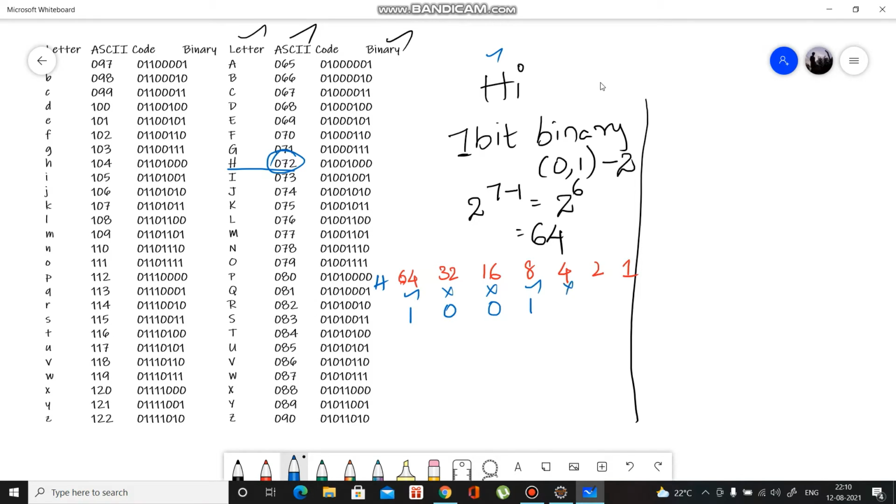Then the rest are all 0, because we have got the value needed.